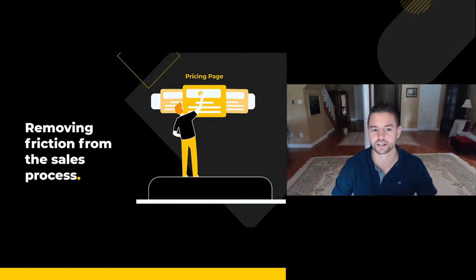The other part is removing a ton of friction from the sales process. One of the biggest problems a lot of sales-led companies have as they make this transition to product-led is they realize, oh, I've got to update the pricing. Because pricing is one of those interesting levers of a product-led business where, if you don't show your pricing, why are people going to commit in the first place to figuring out your product if they don't know how much the bill is going to be at the end of the day? And so it's really important for product-led companies to show their pricing and make it easy to self-select so that people can know how much they're going to pay in order to use your product.